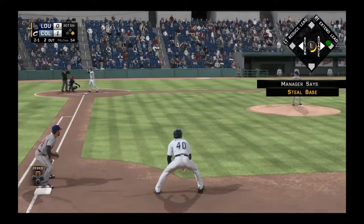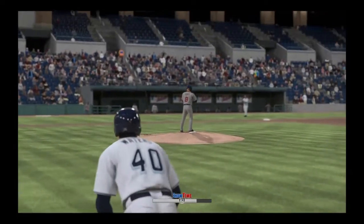Todd Roberts will dig in again. He popped up in his...